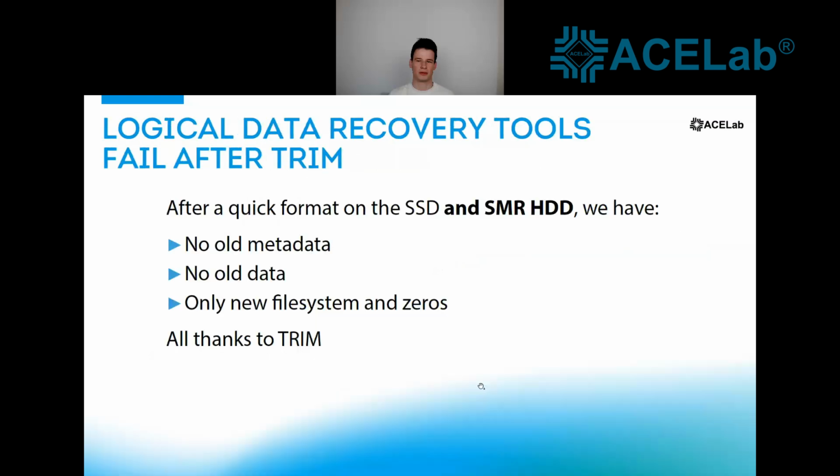So logical data recovery tools, like free data recovery tools or not-so-powerful data recovery tools, will fail after trim, because after quick format on modern SMR hard disk drives and SSDs, we don't have anything left connected with the previous file structure, the previous file system, and the previous data. So because of this trim operation, nothing can be saved from SMR hard disk drives if you try to work with them logically. But with the help of